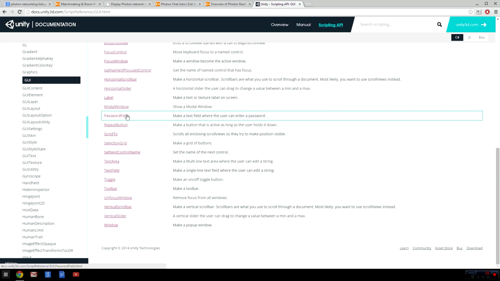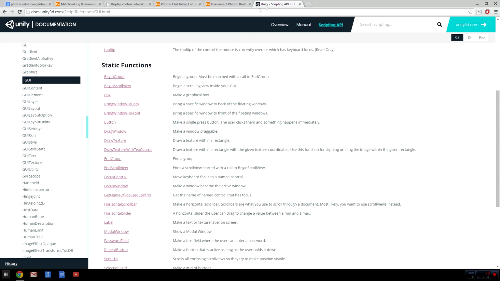Actually, we want two toggles. One for visibility, one for password, if it needs one, and then we need a password field for the password. Actually, I'll just write that down. Password field. So password field, but I'm not sure if we will use the password for that one. Okay, so